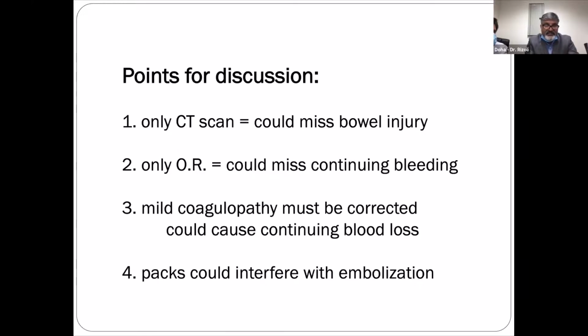That's the first thing. And the second thing, if we pack the abdomen too tightly, then sometimes it does become difficult technically for them to negotiate the vessels and embolize them. So in those situations, they might have to embolize more proximally and cause more necrosis than would have been needed.